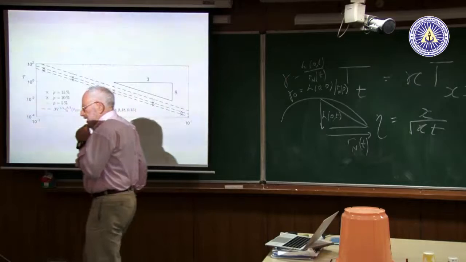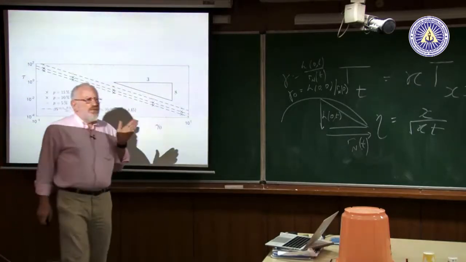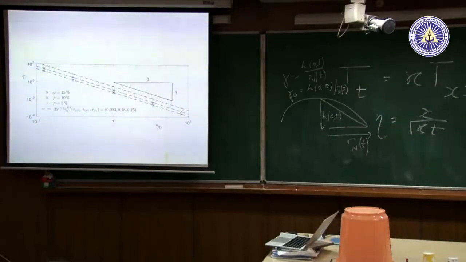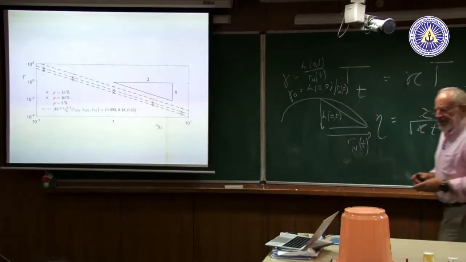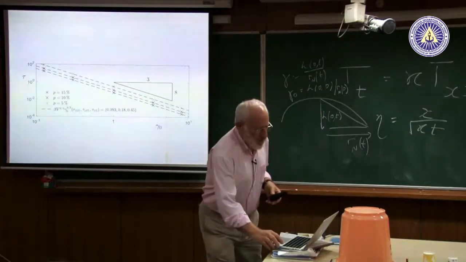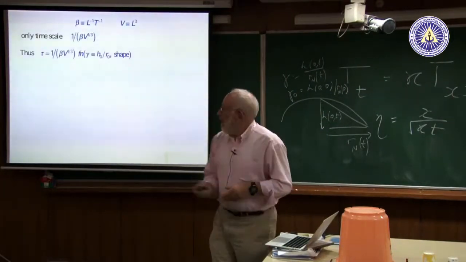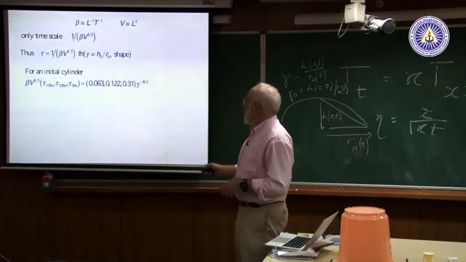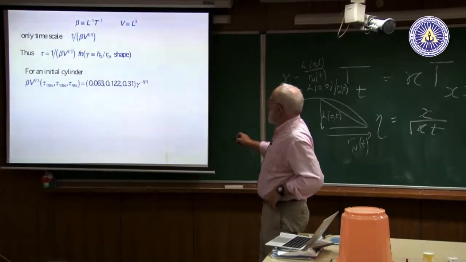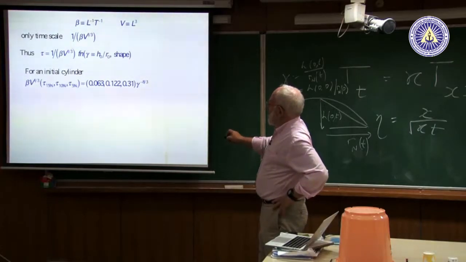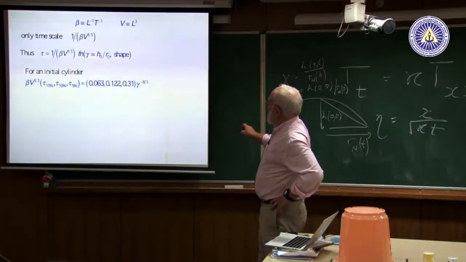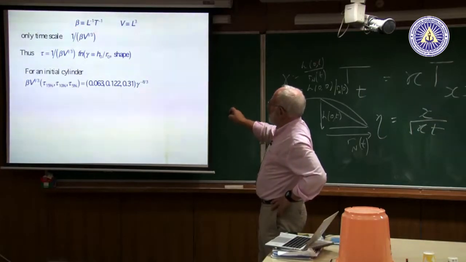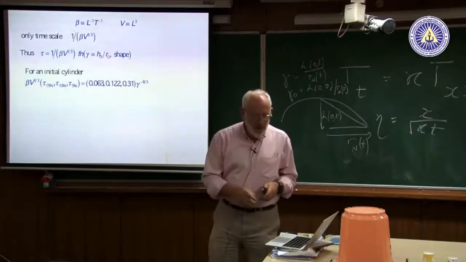And I was really perplexed about that. I thought it would be much more complicated and surely must depend differently for large gamma naught, small gamma naught. Why isn't it? I didn't understand that. So I had her do the calculations. Oh, sorry, and here's the result. I've already shown you this slide. For the initial cylinder, again, the numbers don't matter, just how close you want to be. Gamma naught, there should be a naught there, I'm sorry, to the minus 8/3, but the beta V to the 1/3 dimensional analysis we've shown to be correct.